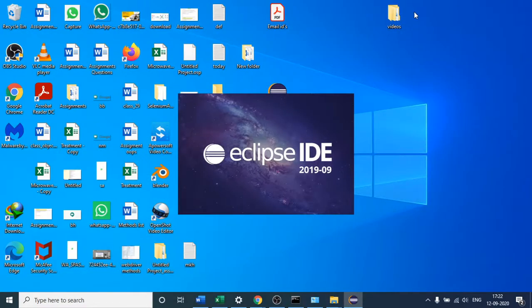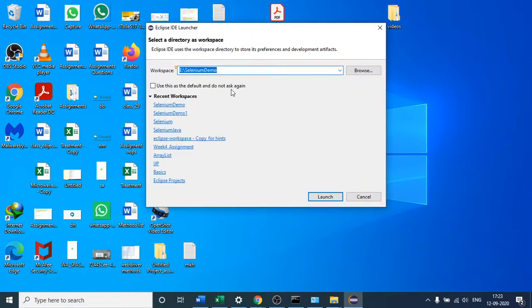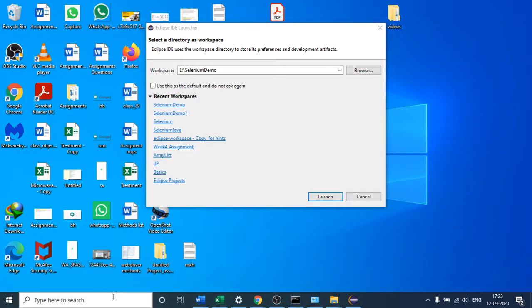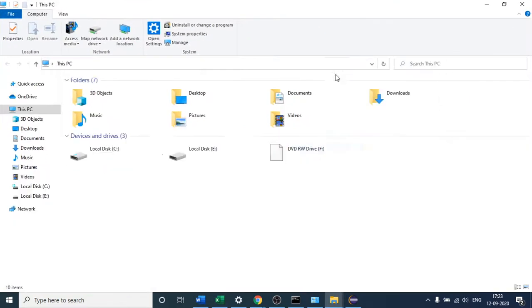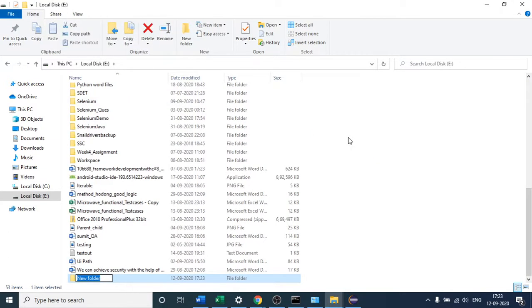After that, it will ask you for a path where you have to form your project. So you have to provide the path first. Let me open this as well. Here I am not using a ready-made path. Let me create one new folder in my E drive. I will go inside this E directory, and then create one new folder. Suppose the folder name I define is new project.